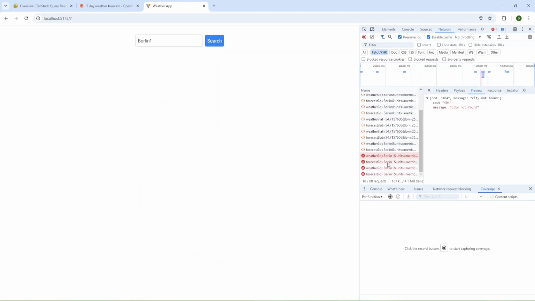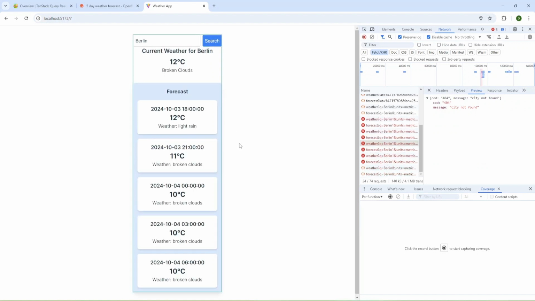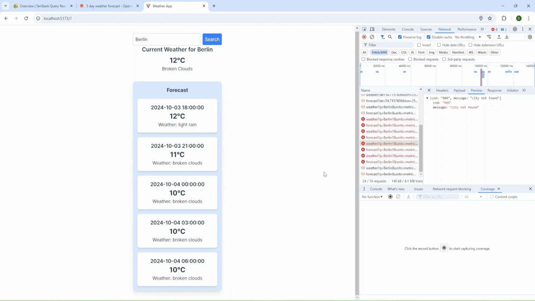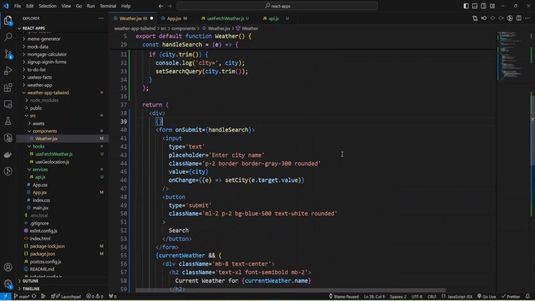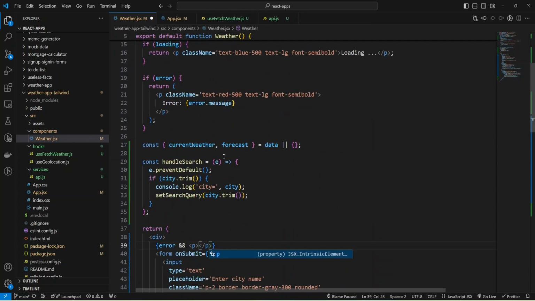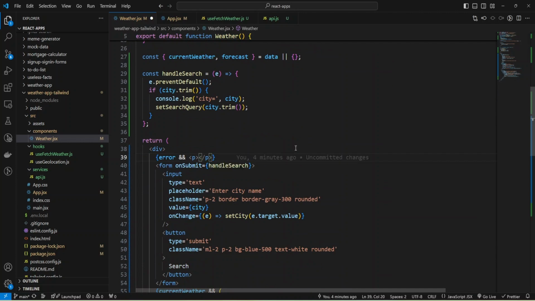Okay, and we have errors, and probably we can add some error messages to our code. And let's check what we have, and we can check if we have error, then we can provide JSX and add paragraph, and error means that we have error in geodata, and let's provide geo error.